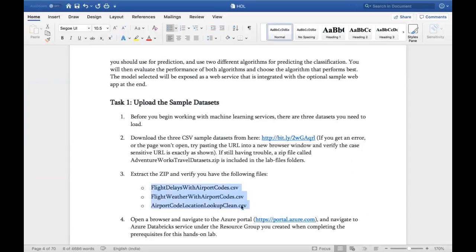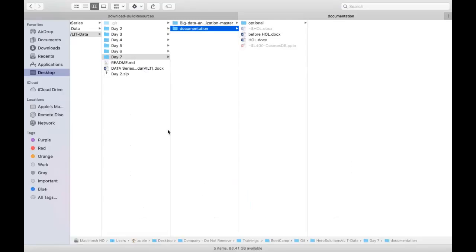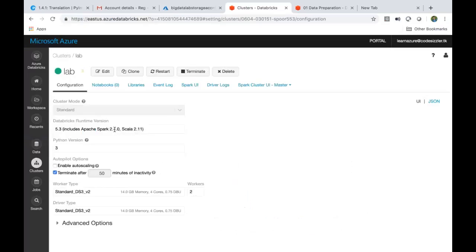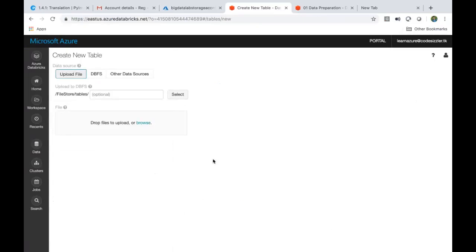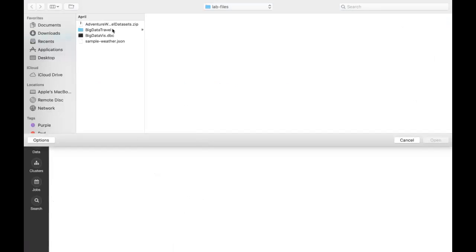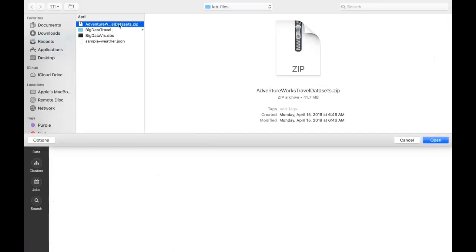The first one has around 400 MB of data. It is a little huge, so it might take a little time for everyone to download it. And the reason why I uploaded it here, I went back to my account and went to data sets. Once I enable my cluster, I went to this data, and in default I said add data. Okay, and I said browse, like we have seen last time, right? I went back to this one here. These are the files we have. We would say extract this.